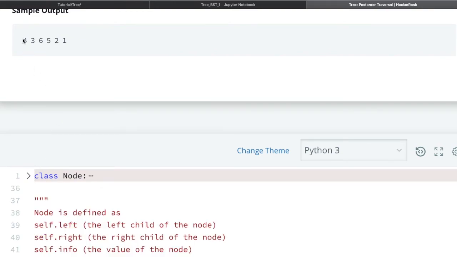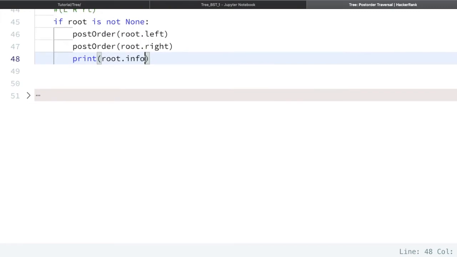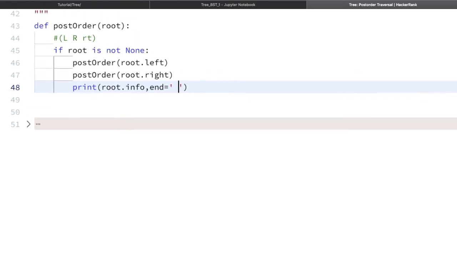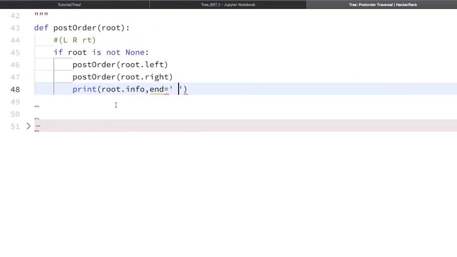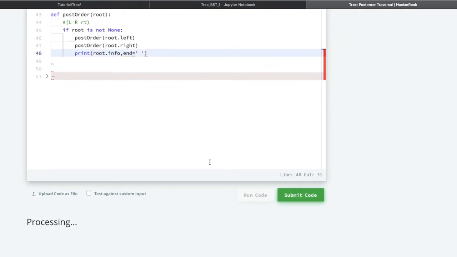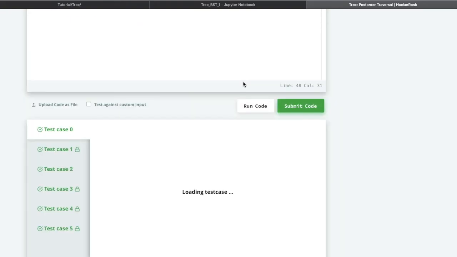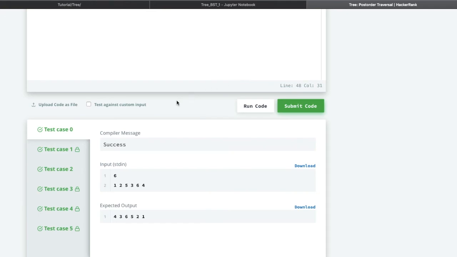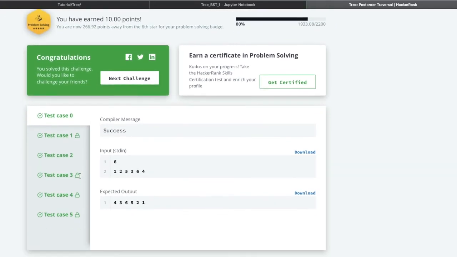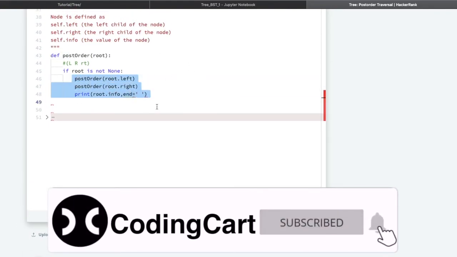Now you can see here they have printed in a single line with a space between them. So let us write the same thing over here, meaning let us separate with a single space between them. So we are done with this code. So let us run this code. It is passing the sample input test case. So let us submit this code. So congratulations, we are done with all the hidden test cases. So this was a simple 3-line recursive call code.